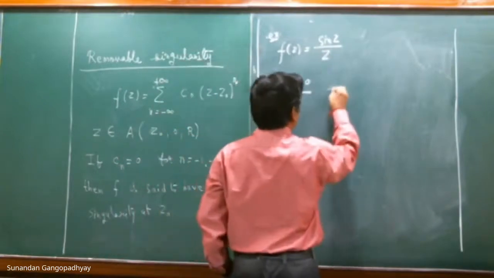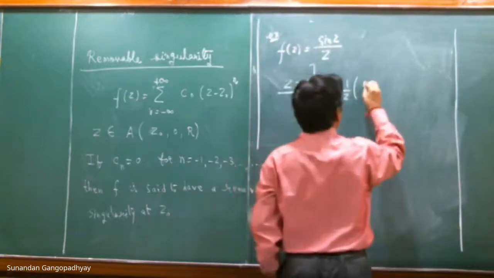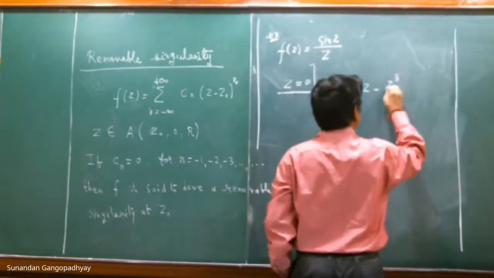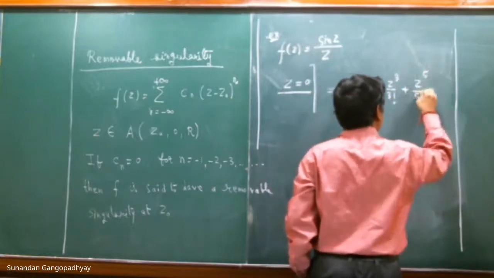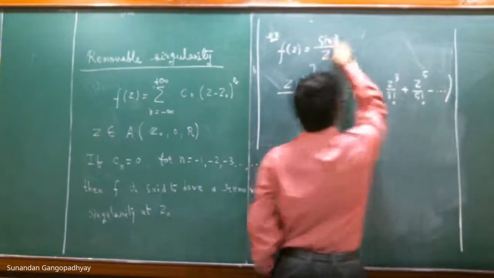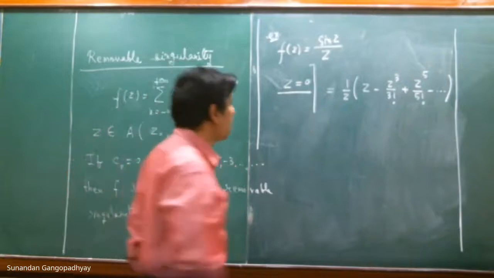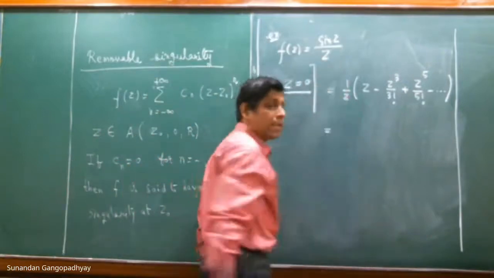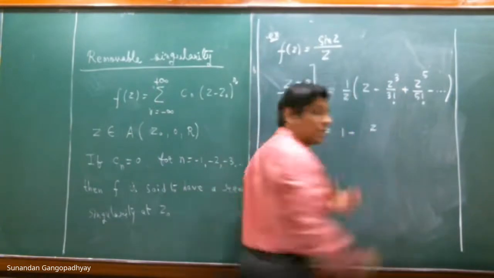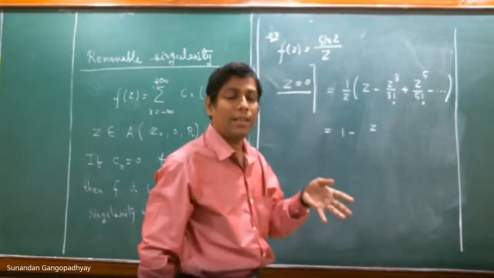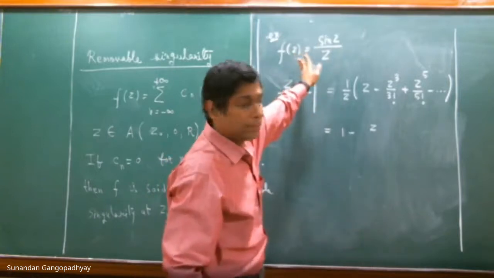Because you can expand sine of z. This will give us z minus z cube by 3 factorial plus z to the 5 by 5 factorial and so on. We have seen that sine of z is perfectly analytic, so you can expand it around z is equal to 0. But you have a 1 by z downstairs. So 1 by z and z will cancel. So that is why you say that in the limiting case, z tending to 0, f of 0 is 1.